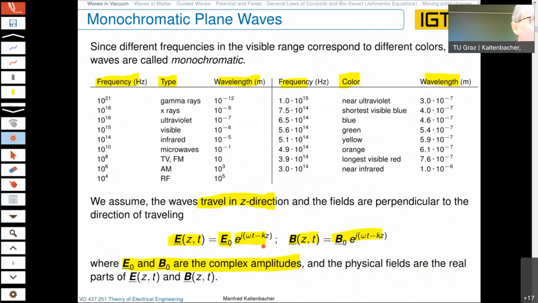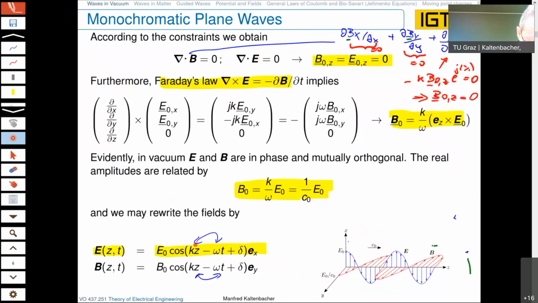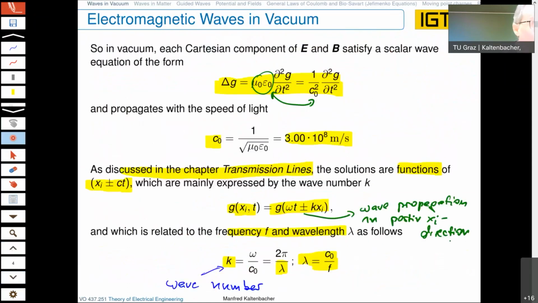There could be some additional things I forgot to substitute, because the American way is always to use as an argument z minus omega t, and the European is different. It is always omega t minus kz, but you can do it as you want. But I wanted to keep, as we have introduced for the transmission line, if you look back, and I have also